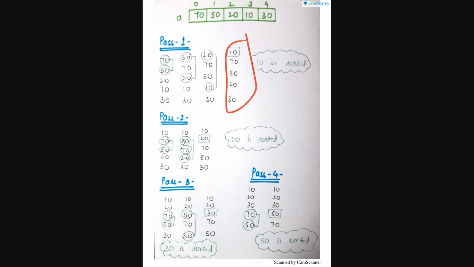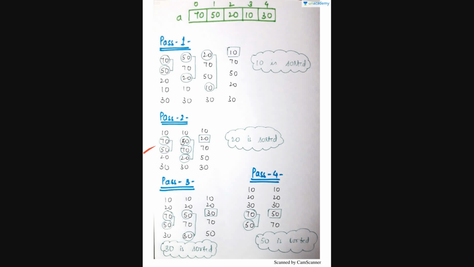So, here 70, 50, 20, 30 are the numbers. So, we have to check. The second number is 70. After this, which number is smaller than 70 over here? 50 is smaller. So 50 and 70 get swapped with each other. So 50 will go into the place of 70 and 70 will come into the place of 50.